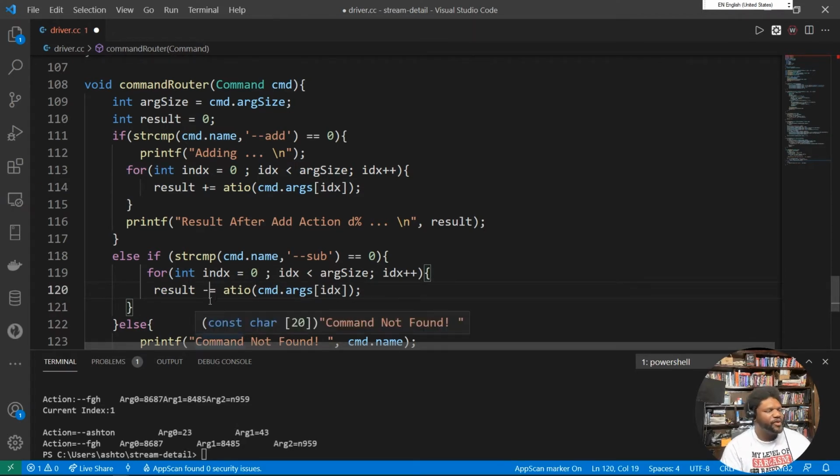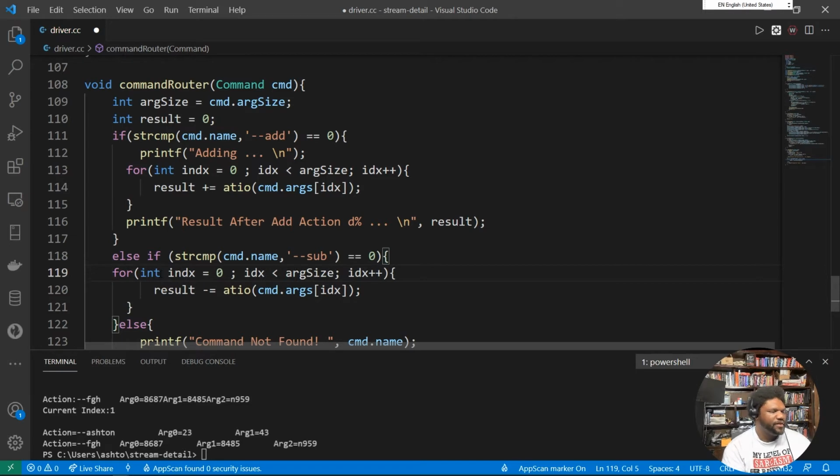But what we're going to do right here is a little bit different. Because we don't want to subtract from 0 all the way off the bat. We want the first number. We always want the first number. Okay, so we do a